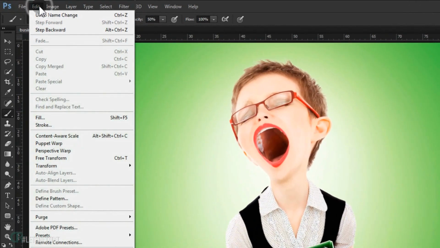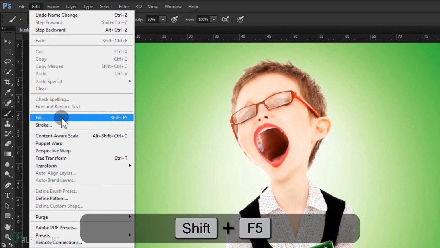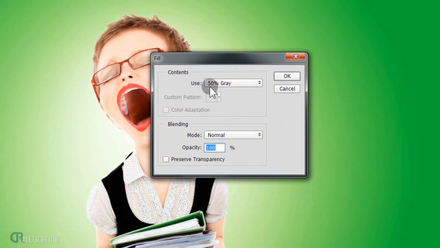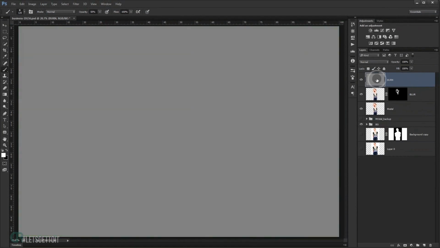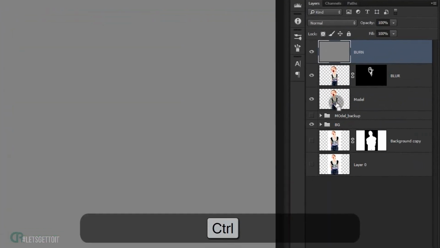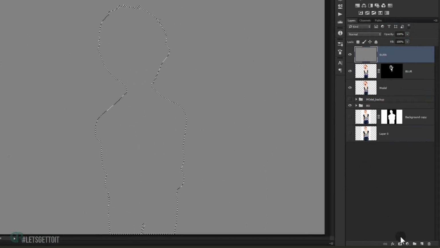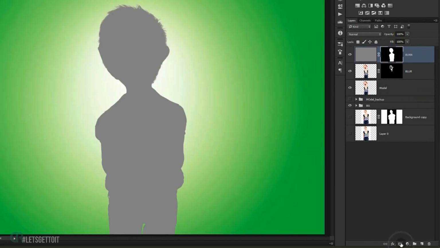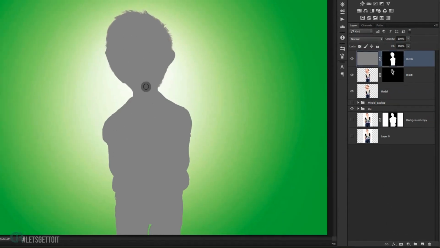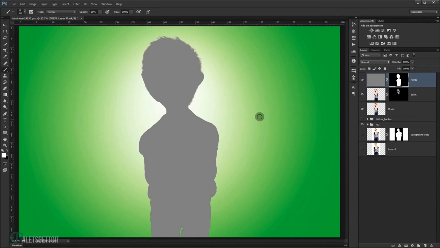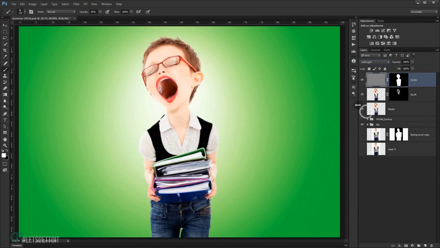Now I'm gonna create a new layer, and we call this burn. And I will go to Edit. I'm gonna choose Fill, or you can just press Shift F5 on your keyboard, and in the Use option in here just make sure it's 50% gray and press OK. Now I'm gonna Ctrl click on this model in here, and as you can see it will make a selection, and I'm gonna click on this layer mask. As you can see, this will have our gray fill in here as the shape of our model. So I'm gonna change the blending mode to soft light,